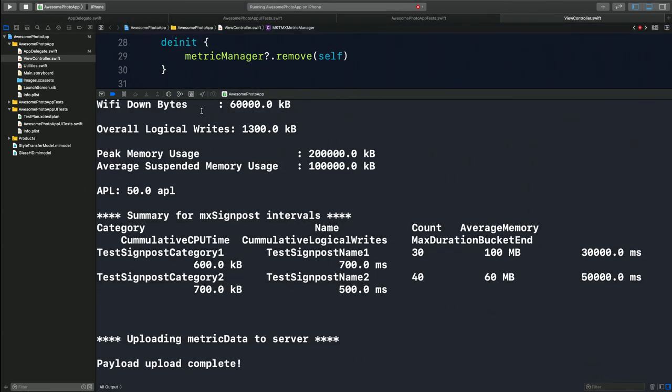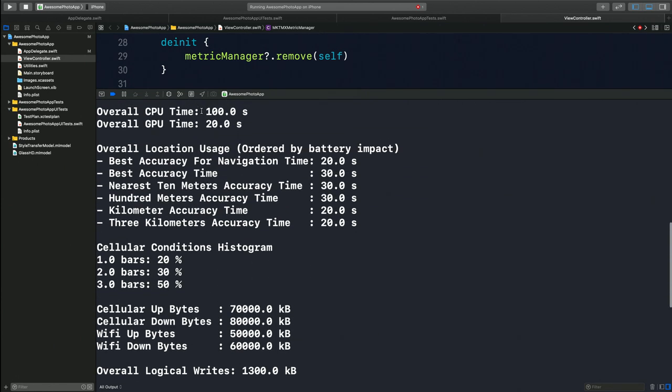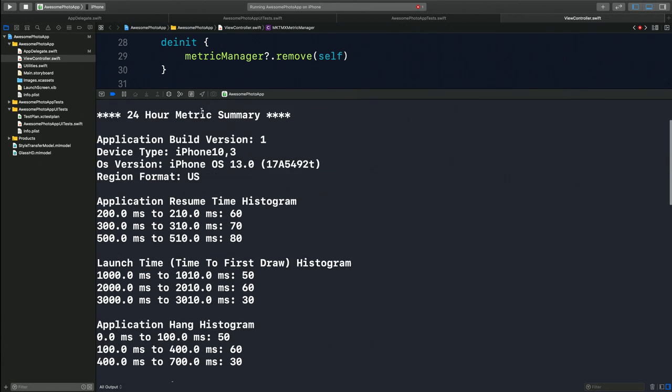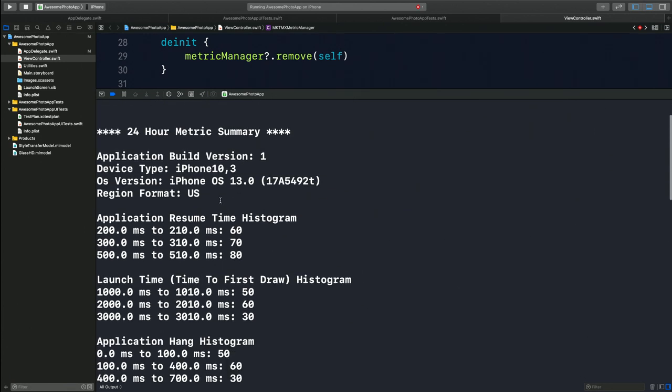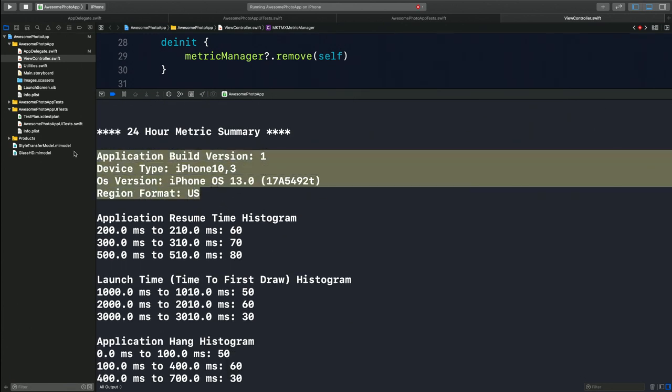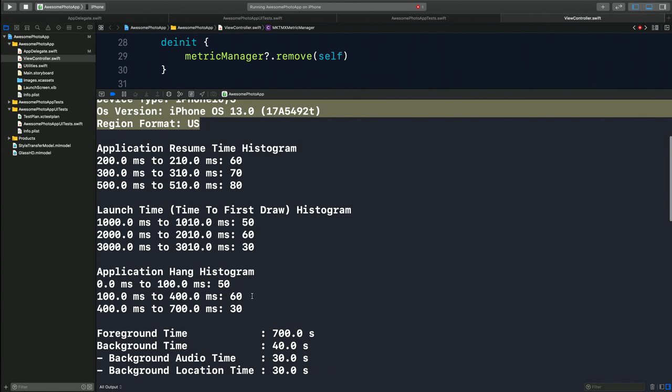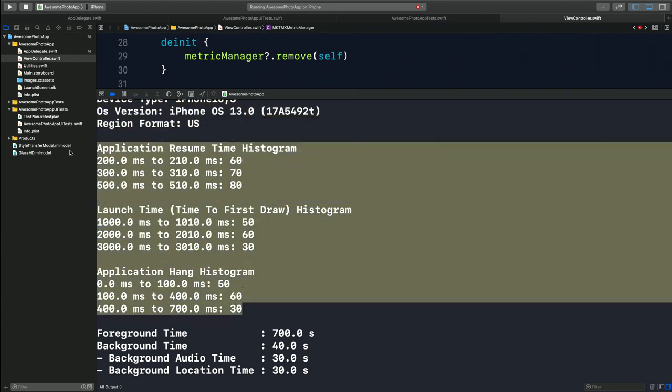What this does is send a dummy payload to your application so that you can test the code inside the didReceive method. Now let's walk through some of the contents in the MetricKit payload that is available today. The first example shows some metadata related to the application, such as the build version, device type, and the OS version. Then we get a few histograms related to very useful performance metrics, such as application launch, resume,